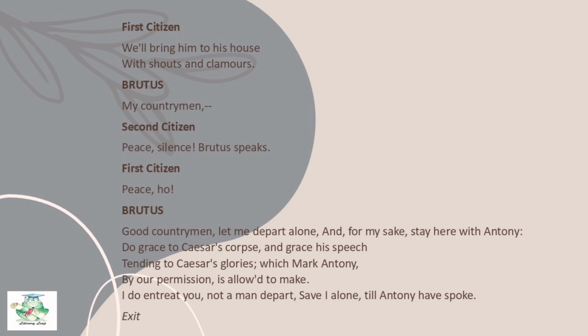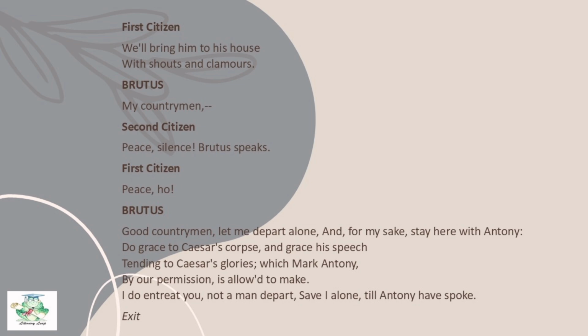with loud cheers. Brutus once again starts to address the citizens as countrymen to appeal to their sense of shared identity as fellow Romans. He wants to remind them that they are all part of the same nation. The second citizen immediately calls for quiet so that everyone can hear Brutus. So this shows respect for Brutus and a desire to listen attentively to what he says. The first citizen repeats the call for silence, urging the crowd to be quiet so that they can focus on